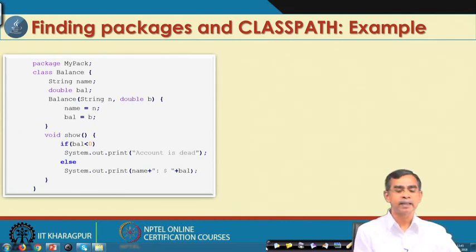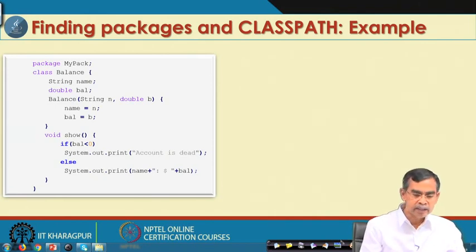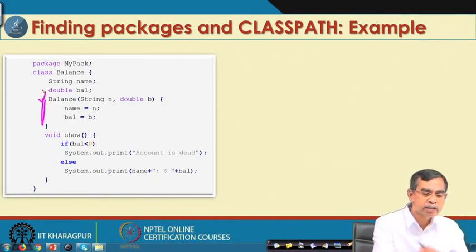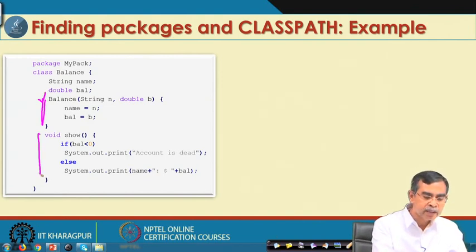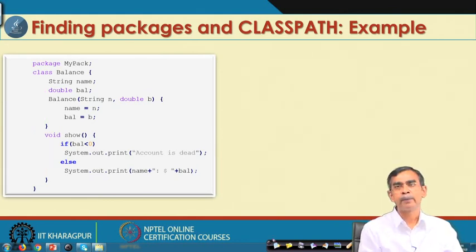Under this public class we declare name as a data type String, balance val is of type float, and there is a method, a constructor, which is also public. So, it is a public constructor, and it also has a void method, a show method, also public. So, this is a typical look of a class. Basically, it will create an object of type class Balance containing all these fields and the methods. So, this is basically the package, the class is there.